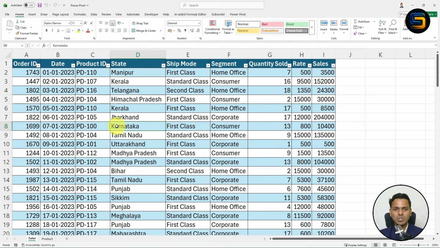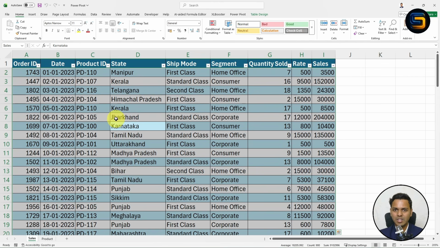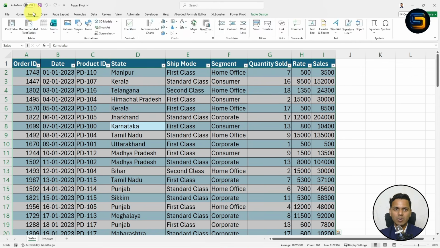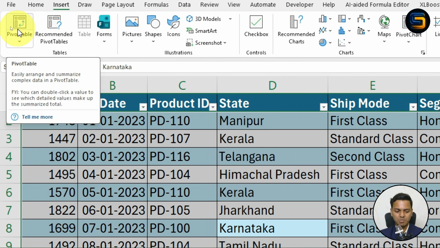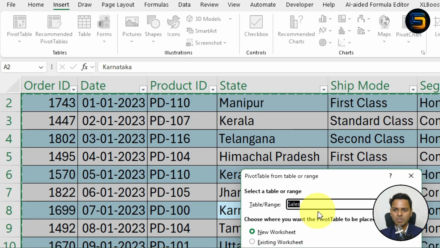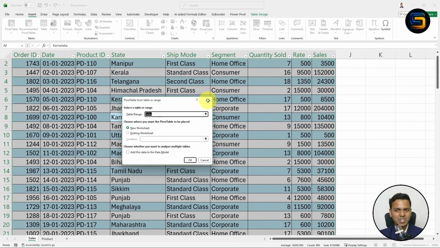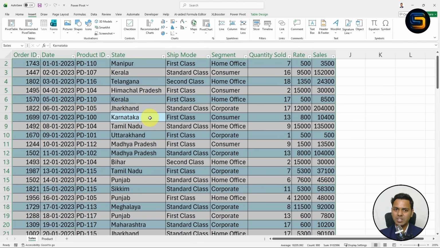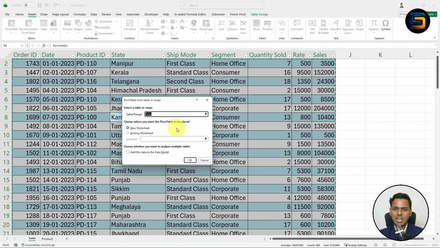Now what you need to do is first you need to create the pivot table. I think you know already how to create the pivot table. First you need to select the data, click on Insert tab. Now there is one option, first option, which is pivot table. Either you can click on this pivot table or you can use one shortcut key. Now let me show you. The shortcut key is press Alt NVT on keyboard. You will get the dialog box, right?